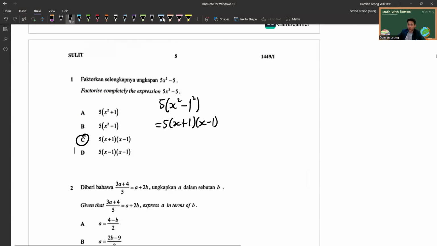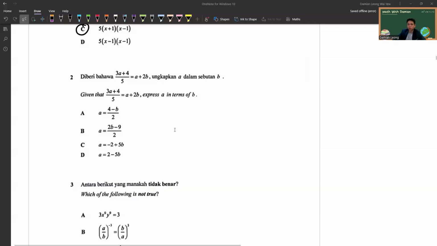That's for question 1. Now question 2, algebraic formula. So we just need to rearrange the subject of the formula. I want A in terms of B, which means I want to put all the A on one side. When there's a fraction like this, get rid of the fraction first, bring over the 5. So divide 5 opposite times 5. So we multiply inside, make sure you multiply each term on the right, 5A plus 10B, and put all the